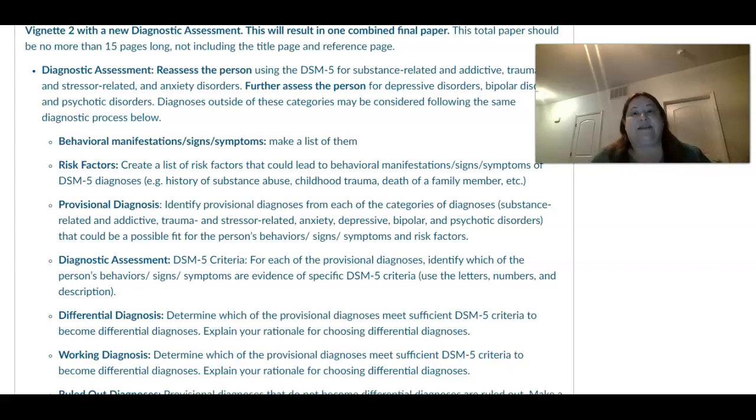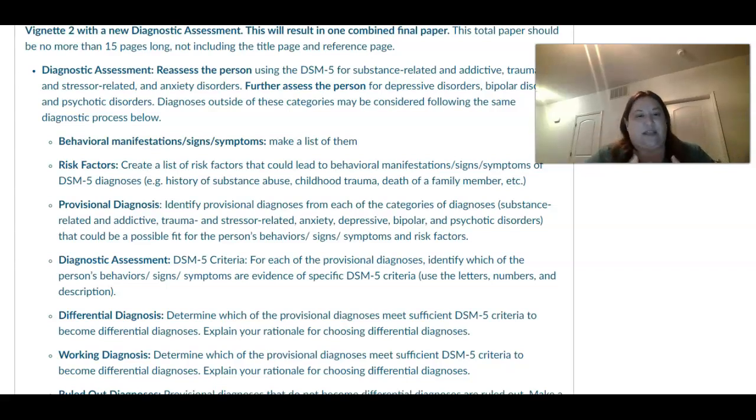And that is substance-related, addictive, trauma and stress-related, anxiety, depression, bipolar, and psychotic disorders, okay? So you're going to provide a provisional diagnosis from each of these categories of disorders from the DSM. One provisional diagnosis from each of these categories, and then for each of those provisional diagnoses, match the